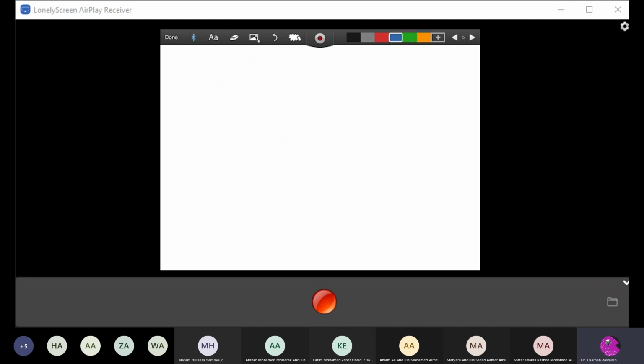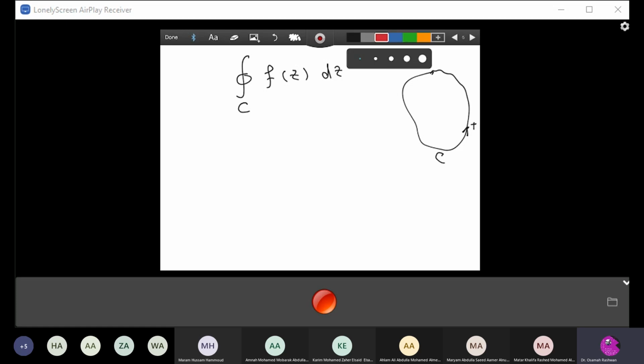Let's link our studying of complex integration over a closed curve C. So you have a closed curve C here, and you would like to integrate f of z over this closed curve anti-clockwise, the positive direction. Without thinking, this will be 0 when f of z, your function, is analytic